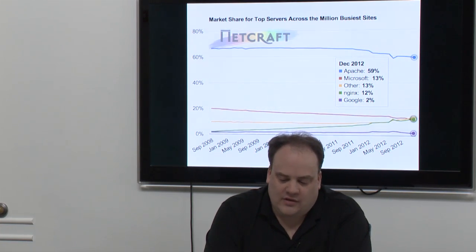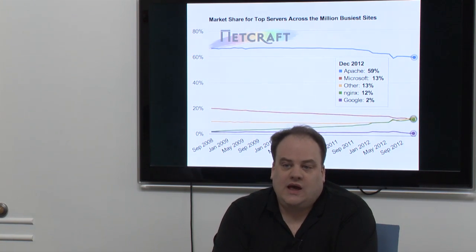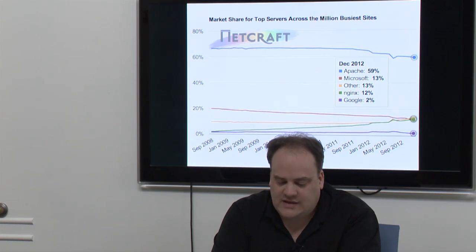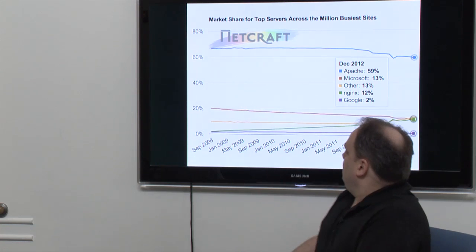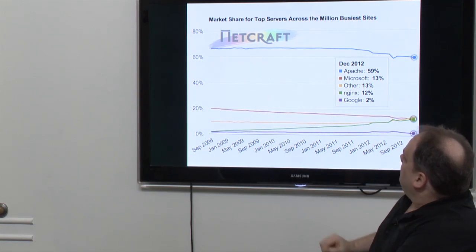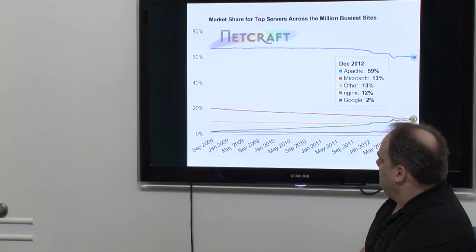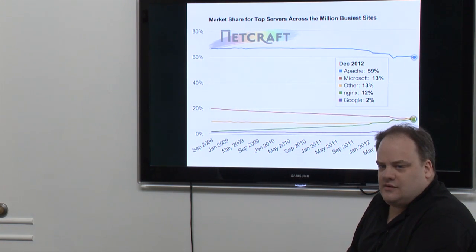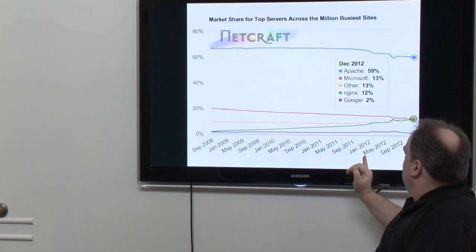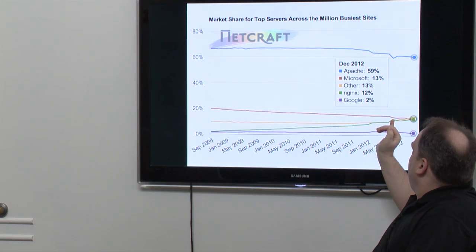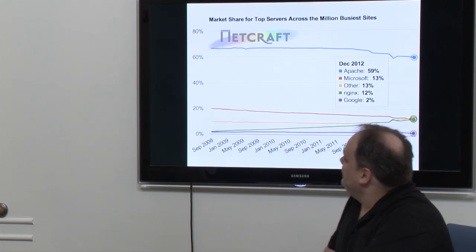And the importance of the scalability issue is shown by this graph, where Apache has dominated the world for many years, and now we're quickly seeing that Apache is being replaced by Nginx. So this little green line is Nginx, and Apache is going down. What happened last May? Yeah, there's a very specific chunk of Apache sites that switched to Nginx. Yeah, there's the little ding there. I don't know. It's in that graph.